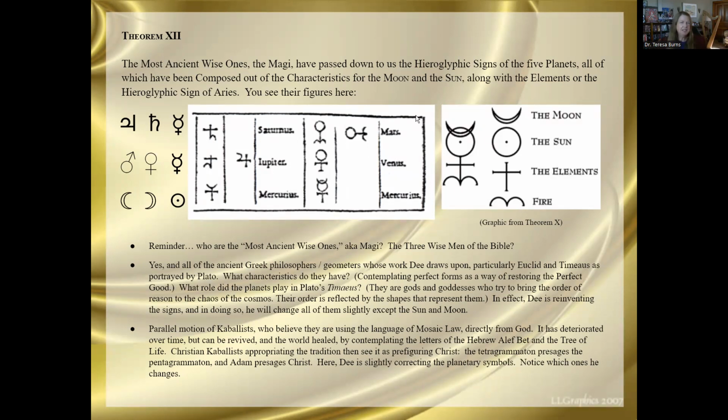And that's maybe cleaning up the mess that magic had become in the Middle Ages, where you just get circles that people didn't know what the markings on meant anymore, and you're trying to bind demons and that kind of thing. Christian Kabbalists, as we've talked about in several earlier videos, appropriate this tradition. They don't do it randomly, but they certainly appropriate it, and they have either the insight or the temerity, and I'd say temerity is closer to it, to think, oh, we're going to add to this. So the tetragrammaton, Yod He Vav He, becomes the pentagrammaton, Yod He Shin Vav He,